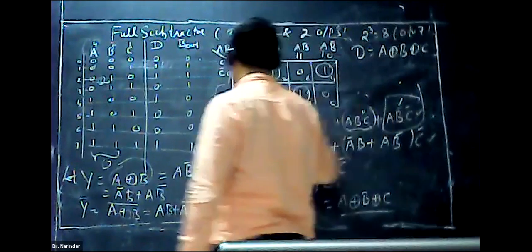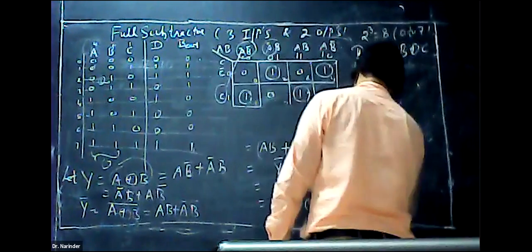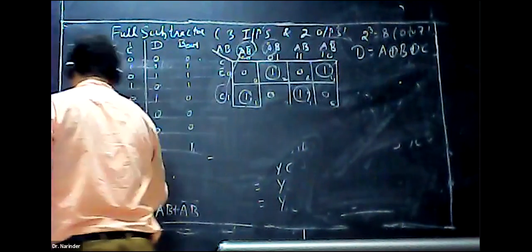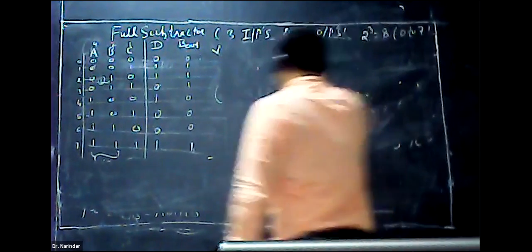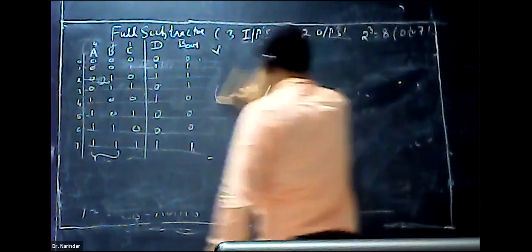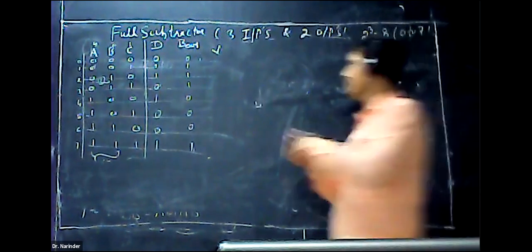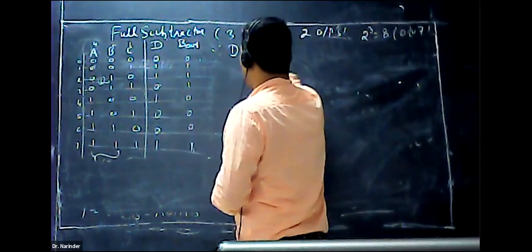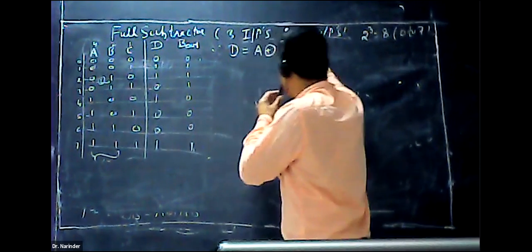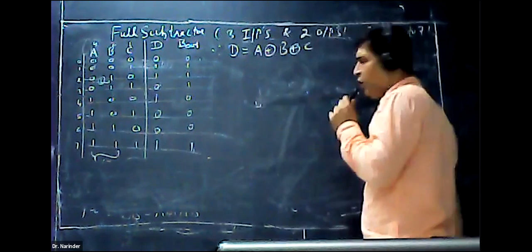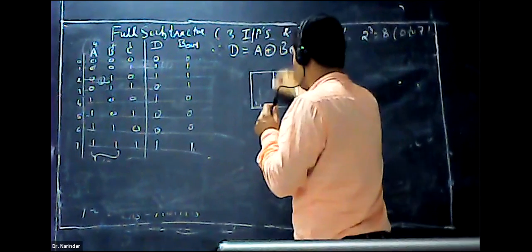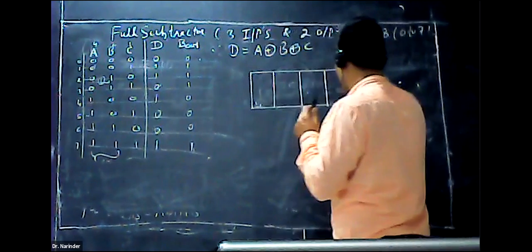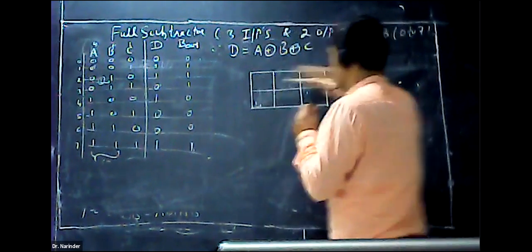Now, similarly, we can go for the borrow. D we have derived. Now we can pursue the borrow using a three variable K map. What is the value of D we have computed? D is A XOR B XOR C. Now we will go for this three variable K map for B out, which means borrow. Similar process,